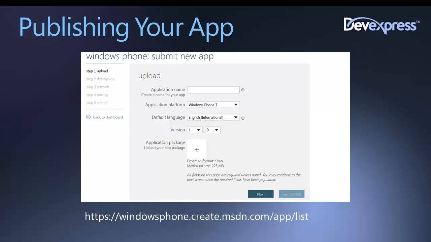It's going to take you to this screen where you will take the compiled ZAP, and regardless of whether you're doing Silverlight or XNA, you're going to end up with a ZAP file in the bin folder of your solution, and you're going to add that where it says Application Package. You're going to click on that and add your ZAP file, and give your app a name. And assuming the default language might be something other than English, then you're going to want to select that, and then you're going to click Next, and it's going to walk you through this wizard where you're going to provide them some information